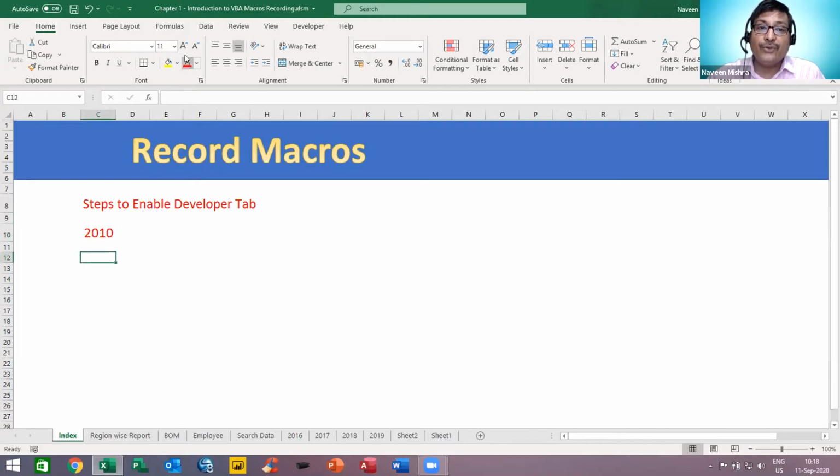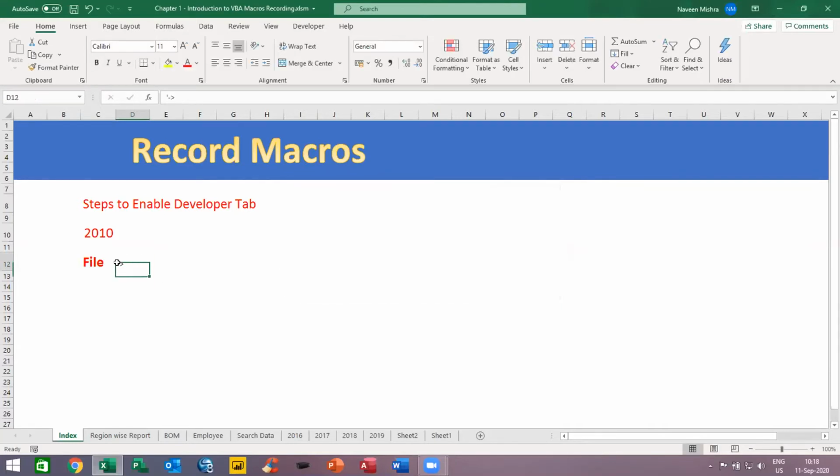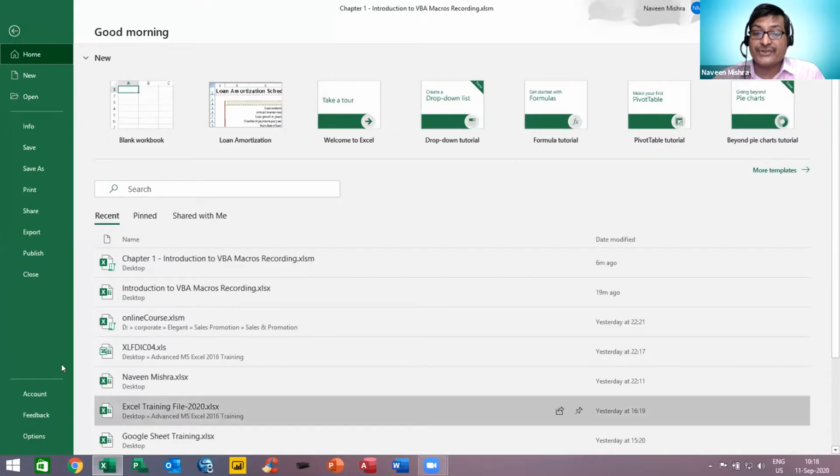what we can do in 2010 version, we can click on the file. We can simply click on the file tab, right? Under file tab, we can simply go to the file and then we can click on the options, right?